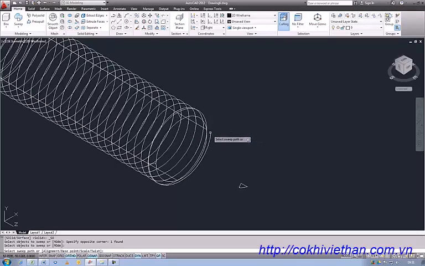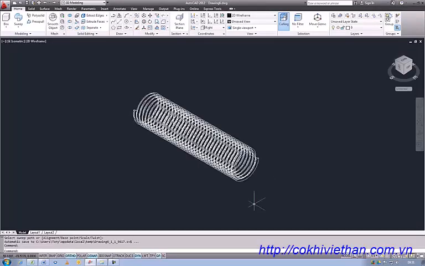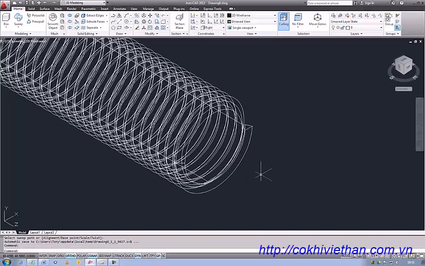Now you can either select it at the front here, or I'm going to zoom out a little bit and I'll select the helix at the back. That way I can't accidentally select the cylinder of the bolt. So I'm going to click on the helix at the back, and there we have it. AutoCAD's done it. So if I zoom in,